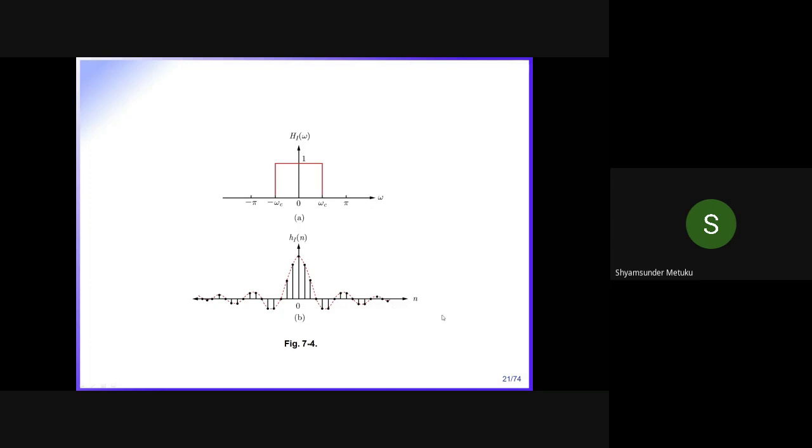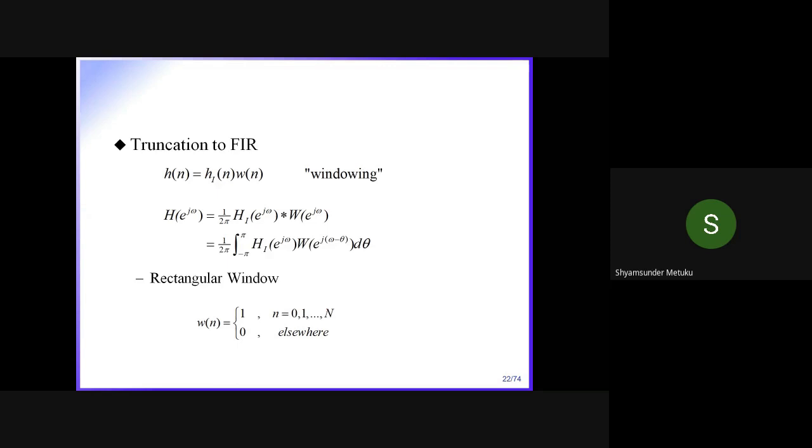So do you think an infinite number of points will help us to solve our problem? No. Then what I am going to do is truncate. Truncate means even though the length is infinity, I just want to take only finite samples, maybe from 0 onwards, some 5 on this side and some 5 on the left side, so a total of 11 samples. How can I get 11 samples? I need to multiply with some window, isn't it? So that window is called here actually. Truncation of an infinite impulse response to a finite impulse response is called FIR. Is it clear?